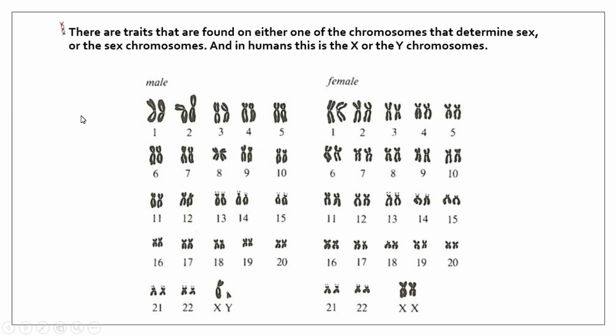We discussed this before. We said that for male and female there are 23 pairs of chromosomes, and males and females get that pair of chromosomes from their father and mother. And also we said each of these pairs represents their unique characteristics, the unique features and unique qualities. But the thing that we have to discuss now is the last pair of chromosomes, or the 23rd pair